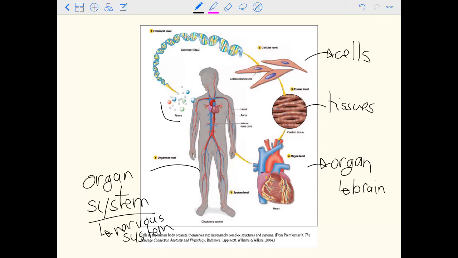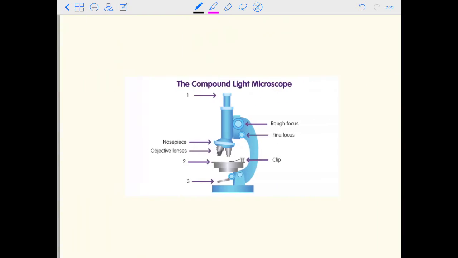So when you're reading the question, just take an extra second, read it carefully, and double check if it's asking for an organ system or just an organ. That was one question that a lot of you struggled with, and I think if you take your time and read the question carefully, you'll be able to see that difference.